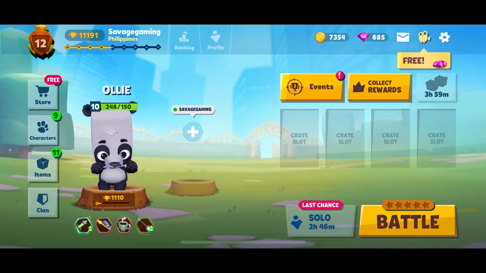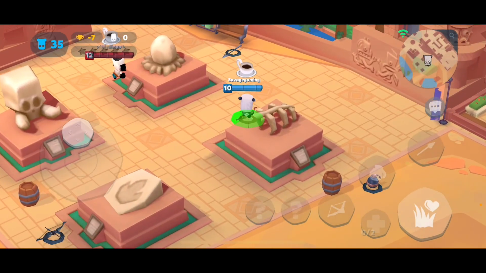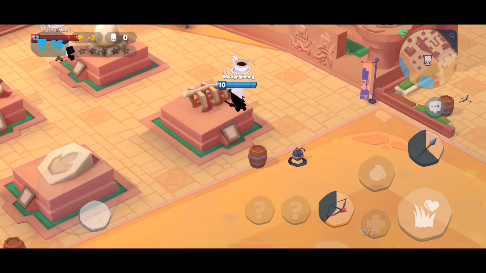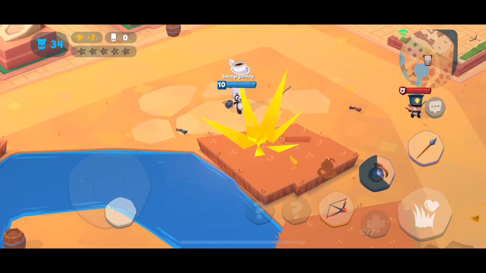And now let's get into this Ollie gameplay. Okay, for this first gameplay guys, I will be playing solo gameplay. What you have to remember with Ollie is that she is a very weak character. Honestly, she needs to be buffed, maybe put her weapon stronger, or even make her faster, but